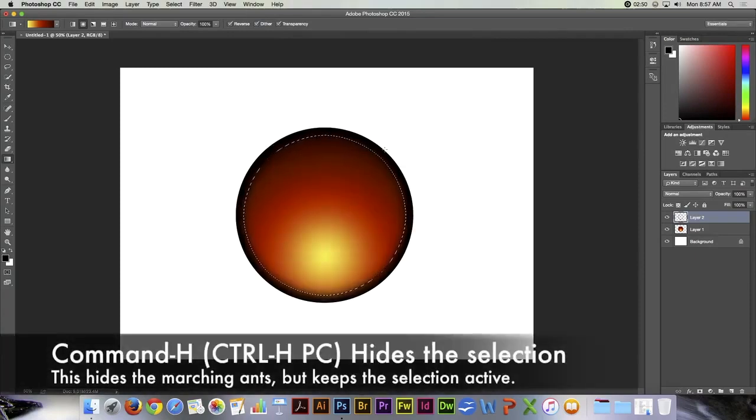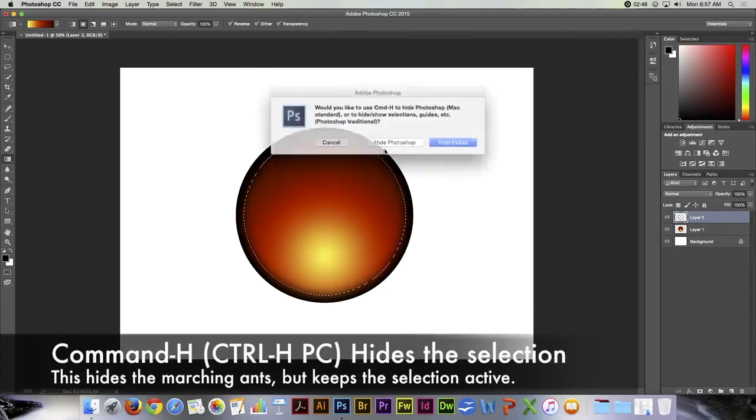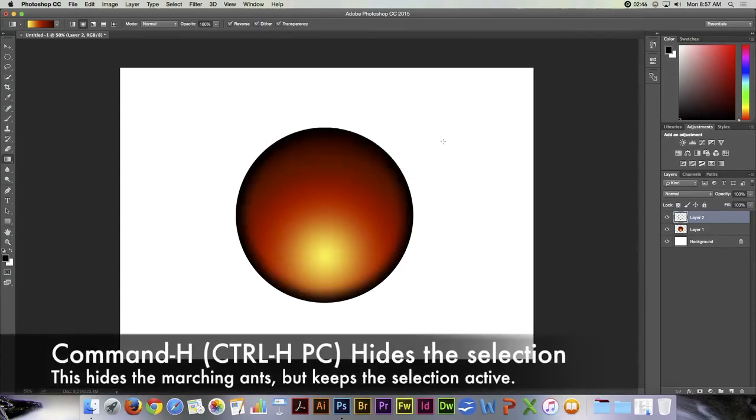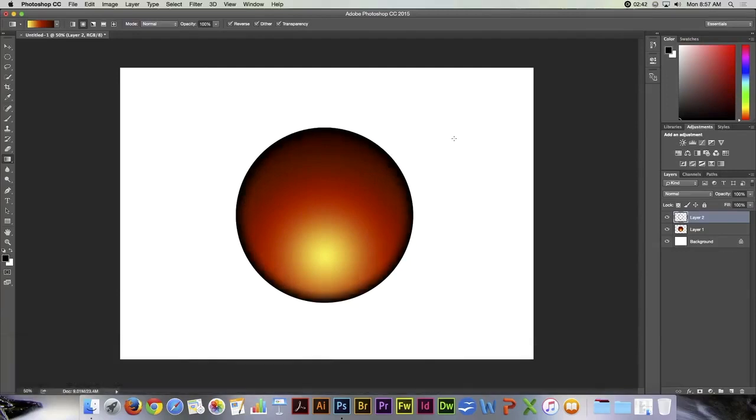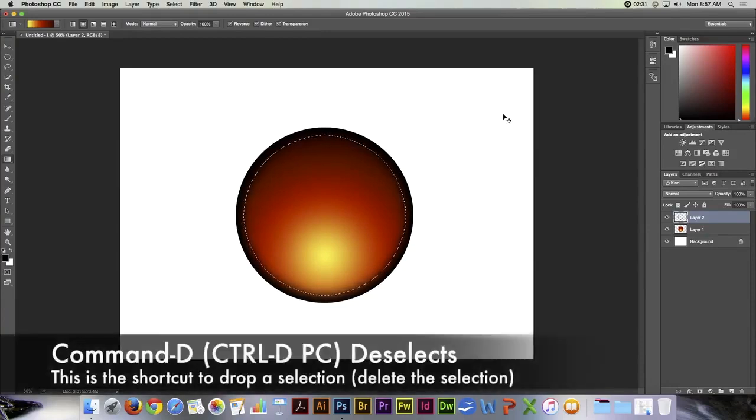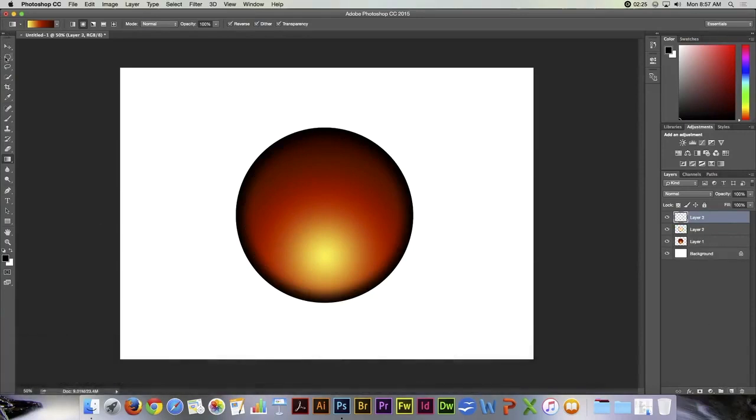I can hide my selection by pushing Command H, but it's still selected, and I can check and reduce that. All right. Command H again. I'm going to drop that selection by pressing Command D. And now I'm going to create a new layer on top of that and get my